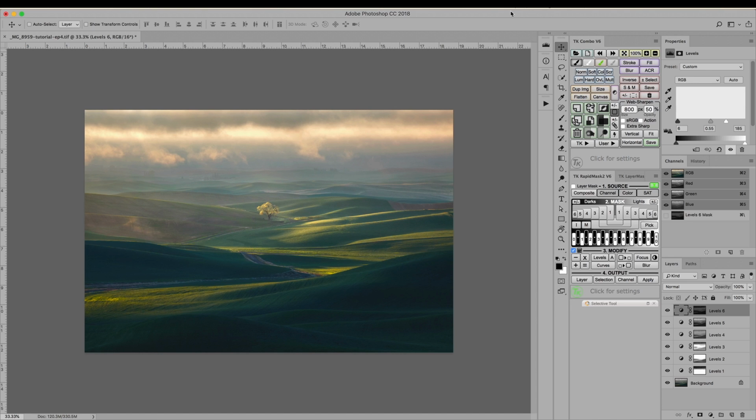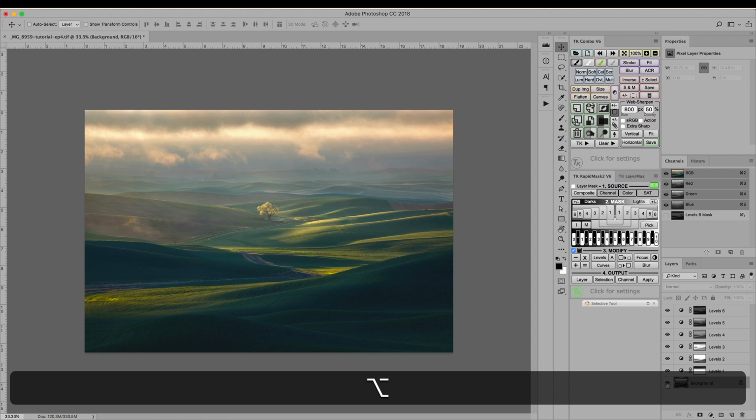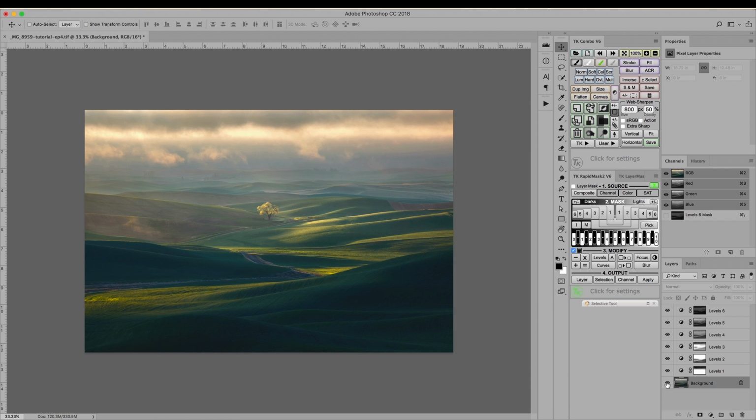In the last episode I introduced using adjustment layers and also using luminosity selections to help make targeted tonality changes to different areas of the images. And we've made some really good progress so far. You can see if I Alt or Option click this background layer, you can see all the different adjustment layers and the effects that they're having. So yeah, we've made some good progress, and in this episode I want to continue to fine-tune the tonality